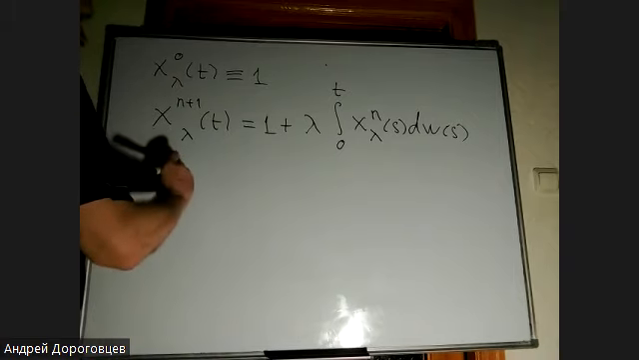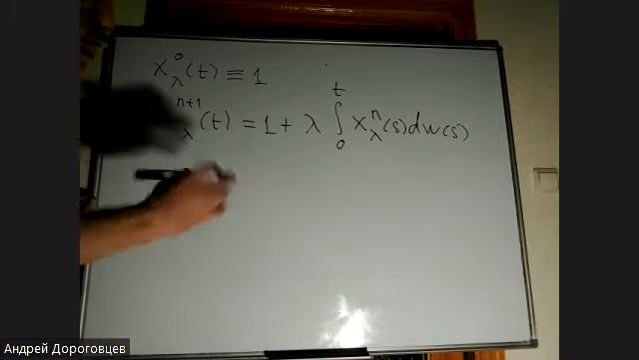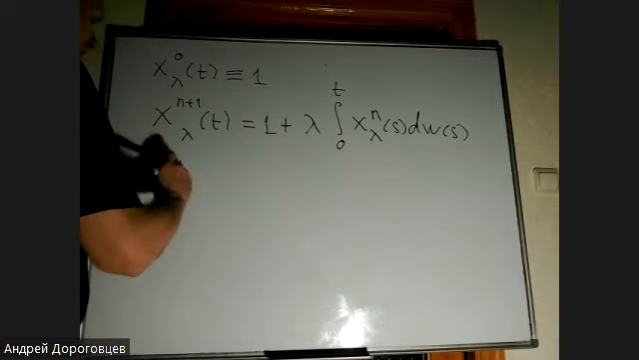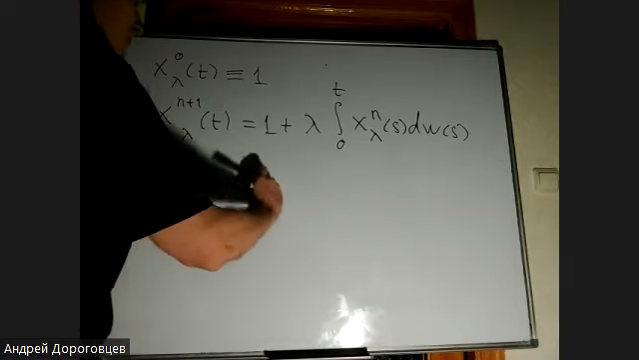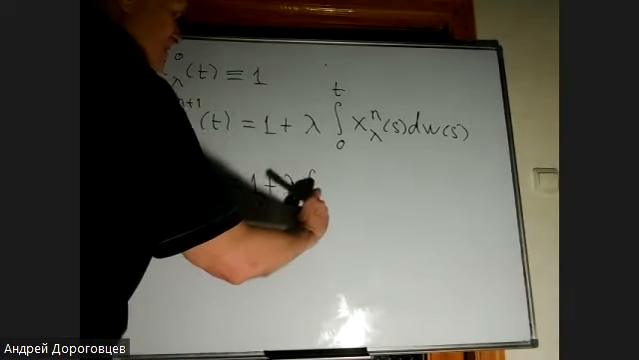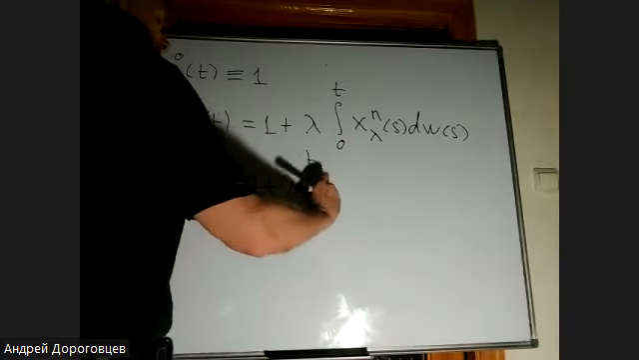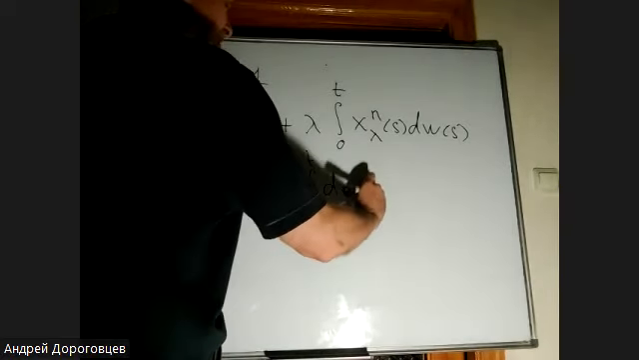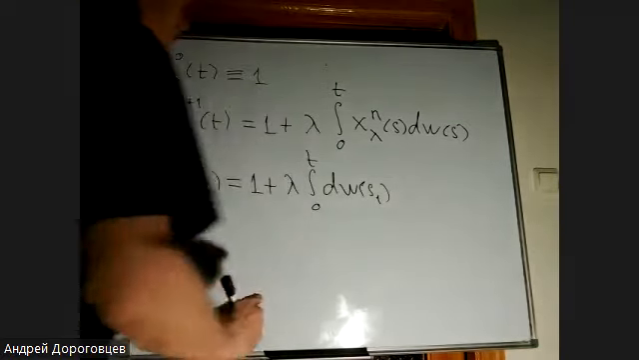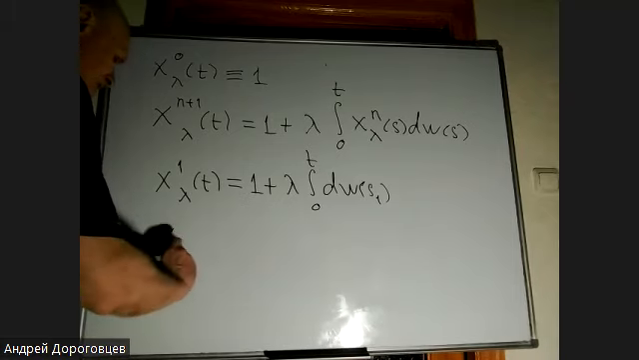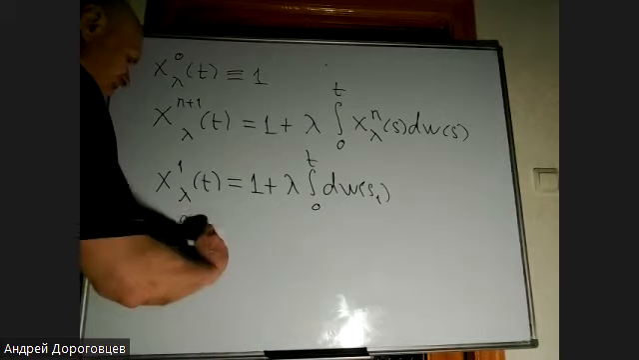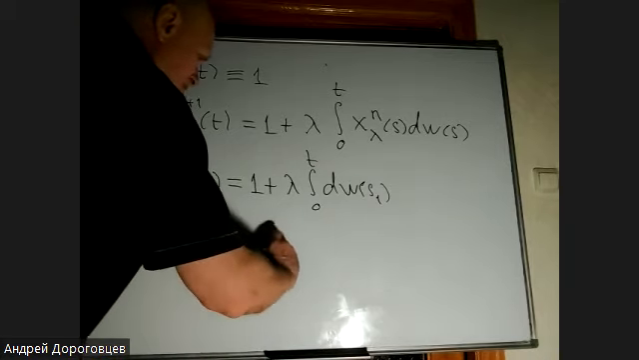Let us try to view first. X1 lambda t will be equal to 1 plus lambda integral from 0 to t dW. I prefer it as 1. Then X lambda 2 t will be equal to 1 plus